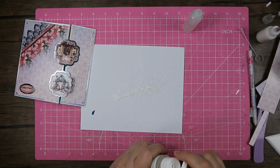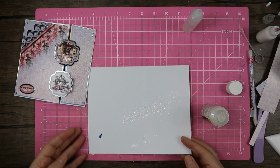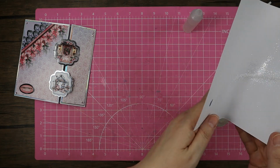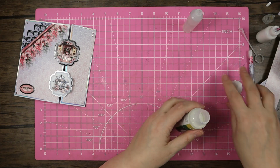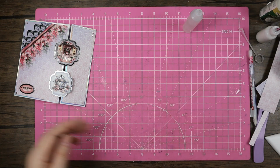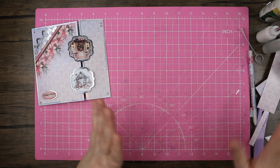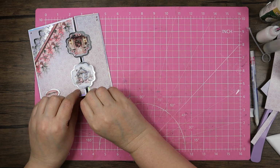Okay, and then normally what I would do is, once the glue on the glitter has dried, I can use a fine brush to brush away any stray particles. Oops, I'll pick that up in a minute. Hopefully not before I spill it. Told you my hands are like butterfingers. Right, okay, so that is that